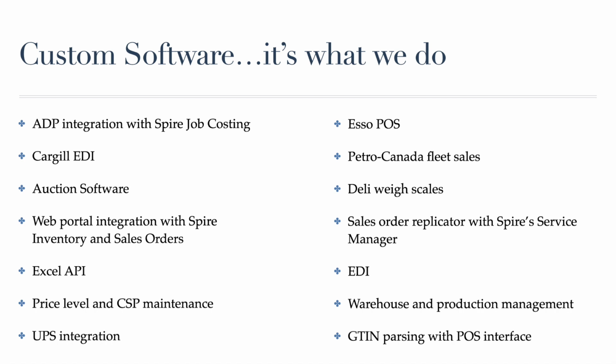We wrote a web portal integration with Spire inventory and sales orders for a company selling on many different websites. They needed an efficient way to import all the different formats into Spire sales orders, assign shipment to the correct warehouse, and create the necessary files to be uploaded with tracking information. Companies integrated to date include Home Depot, Walmart, JCPenney, Kmart, Sears, Target, Wayfair, Overstock, Hayneedle, Zulily, Lowe's, Ruby Skies, and